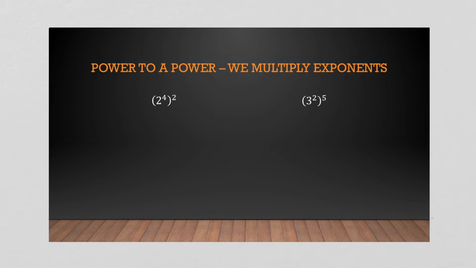So what do we do here? Well, it's 2 to the power of 4 times 2, so 2 to the power of 8. We multiply the exponents, 3 to the 2 times 5, 3 to the 10. So that seems really easy, and it is kind of easy, but obviously it's going to get a little bit